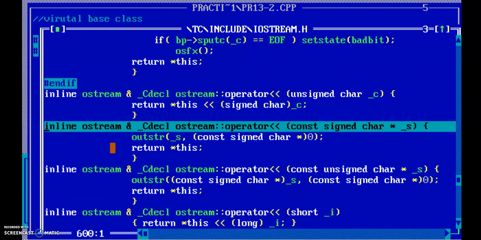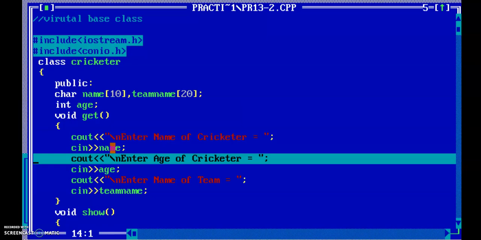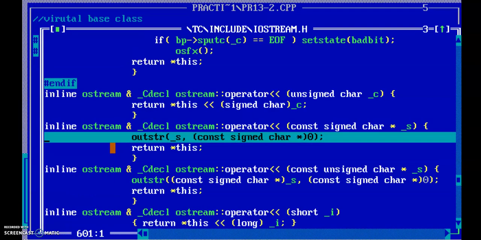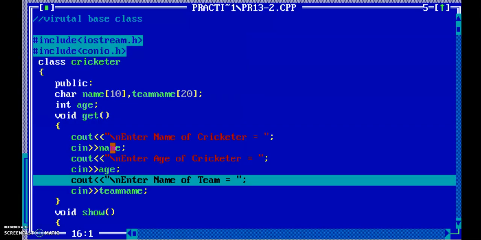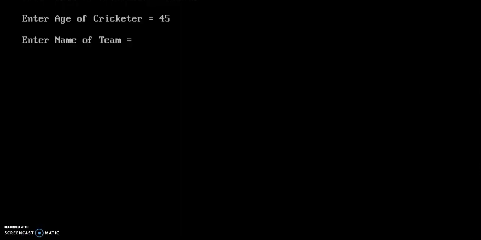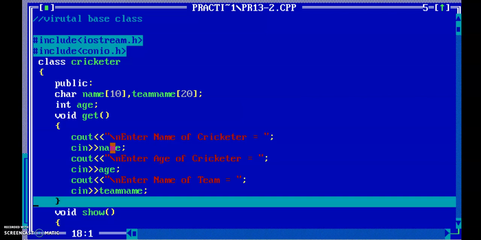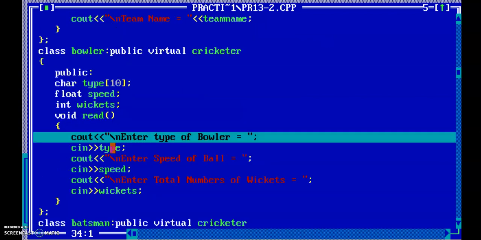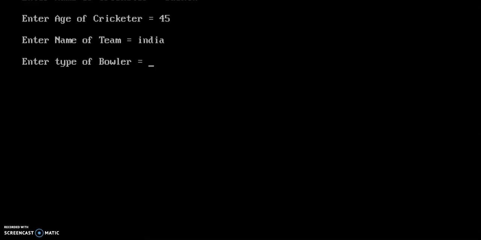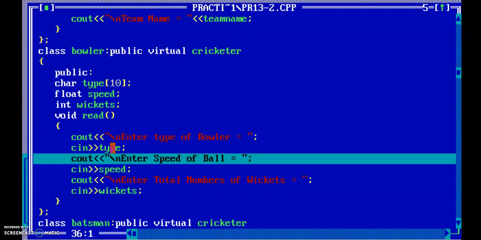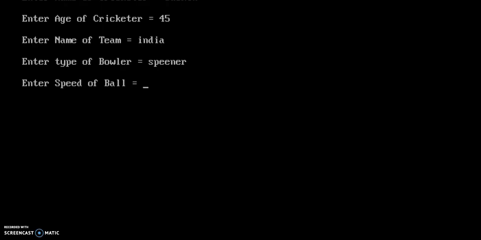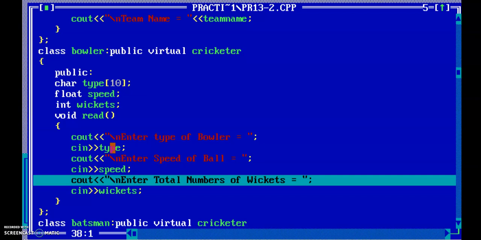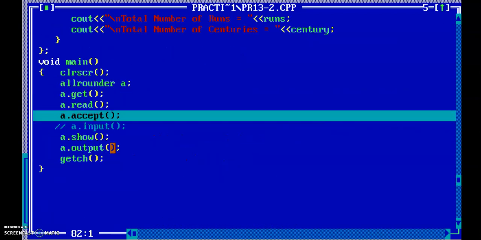A dot get name, then age of the cricketer, then team, then read function, bowler, then speed, then wicket.